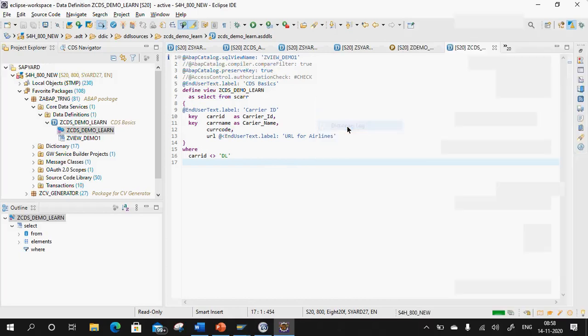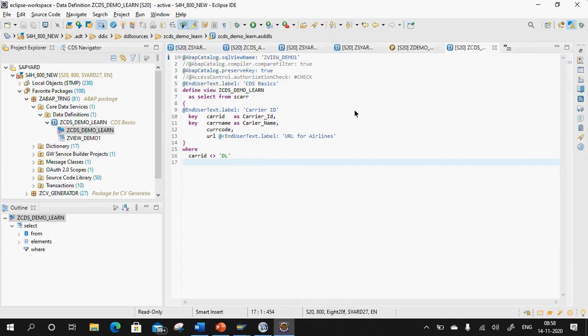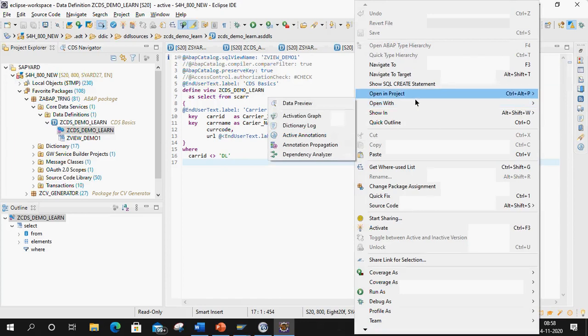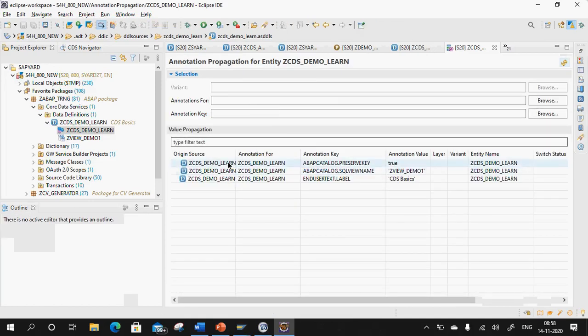Now let me show you the dictionary log. So this is the dictionary log. When I created this DDL source, this is the ID, date and time, and when I activated it. So this is your dictionary log. Now another point, I showed you dictionary log, active annotations, annotation propagation. So this is your annotation propagation. These are up to the three different annotations that I have used till now.